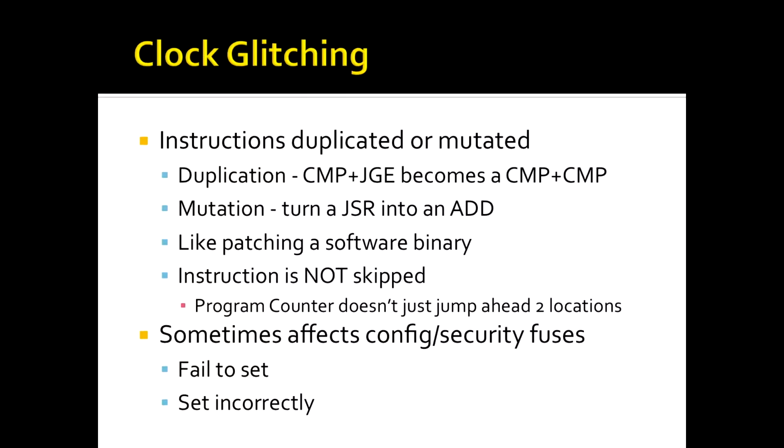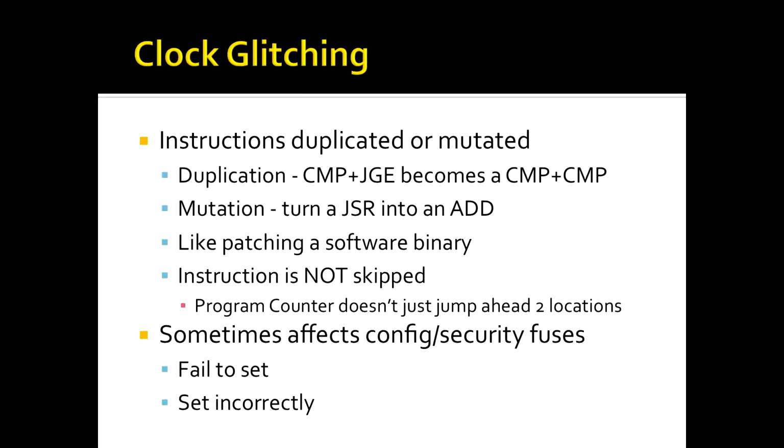And so basically the destination flip-flop, from the source to the destination as the signal's propagating, you clock it ahead of schedule. So the device will basically latch invalid data because the correct signal hasn't propagated its way towards the destination flip-flop yet. So what'll actually be happening is instructions in the CPU core will either be duplicated or mutated. So what would happen with a duplication is, let's say the real program had a compare and then followed by a jump.